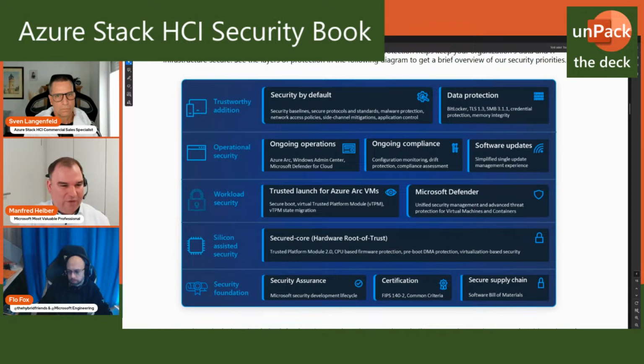All the features are available, but we have to do it manually. And when we want to live migrate a virtual machine to another host, we have to ensure that we bring this secure information to this new host so that the virtual machine is allowed to operate there. And in Azure Stack HCI, this is done automatically via the trusted launch VMs we configure in the